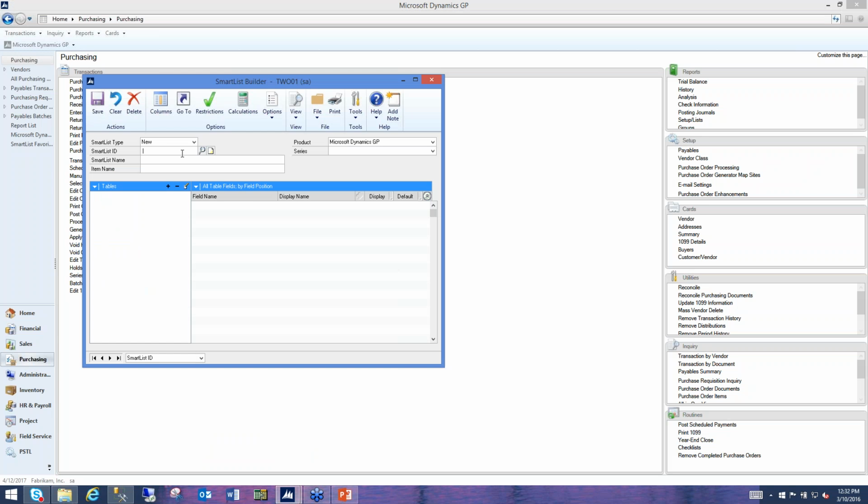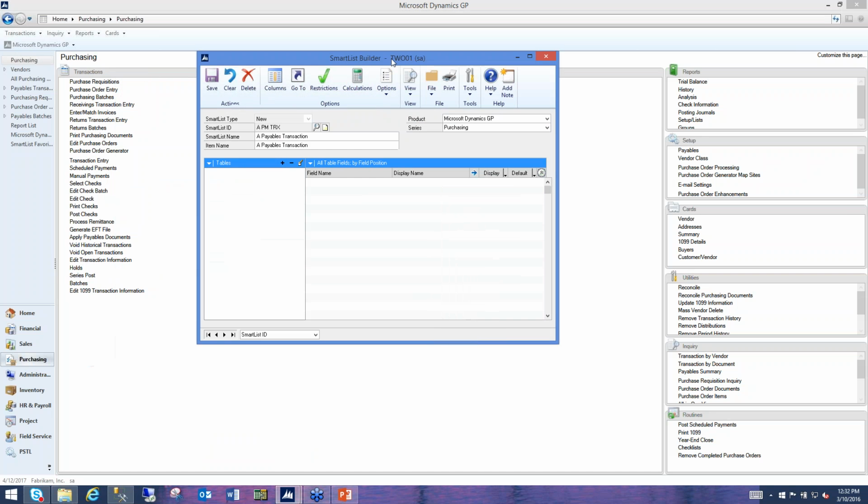I'm going to give it a name called a PM transaction. And I'll give it a creative name, a payables transactions. The series folder I wanted to appear under is the purchasing, so I'll go ahead and pull that in. And what you'll notice is kind of different now is when I click the plus to decide what I want in, I not only see those Dynamics GP tables, which we saw in the Smart List Designer, but I also see a list of existing Smart Lists,